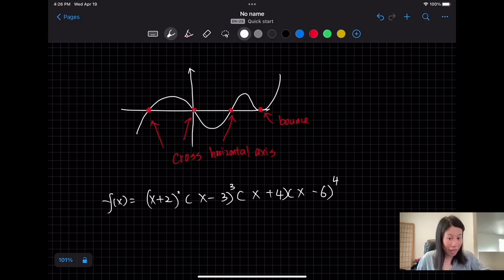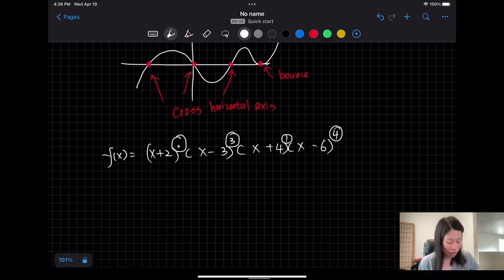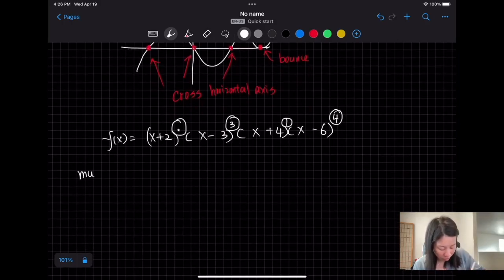This is the multiplicity of this term, and here is the multiplicity. You don't have a power here, that means this is going to be 1, and then this is 4. So that is the multiplicity